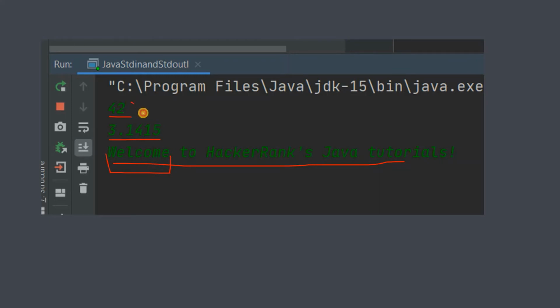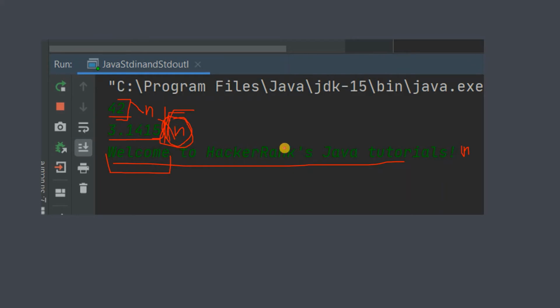So you can assume that after 42 there is a backslash n, that is, the controller jumps to a new line, then it will detect the integer. Then after that also there is a backslash n, and after that also there is a backslash n. So see, it detected 42, it went to a new line, then it detected this double value as well. But when it detects this escape sequence, it did not actually take the string as input. Why did it not do it? Because the cursor is here and it assumes this new line to be the string. So after this double value we are going to take the input, right?